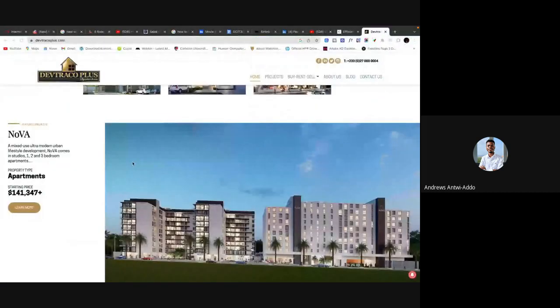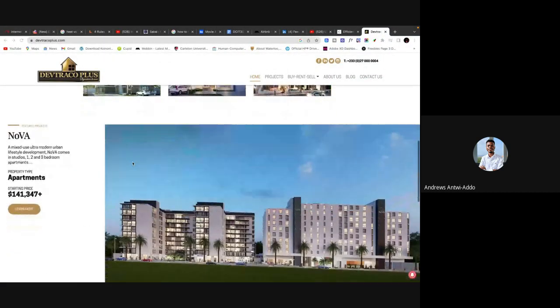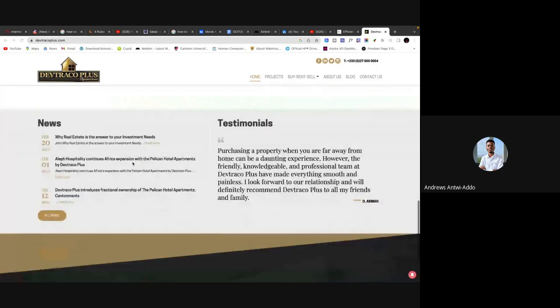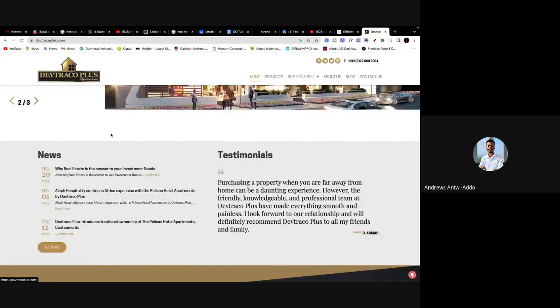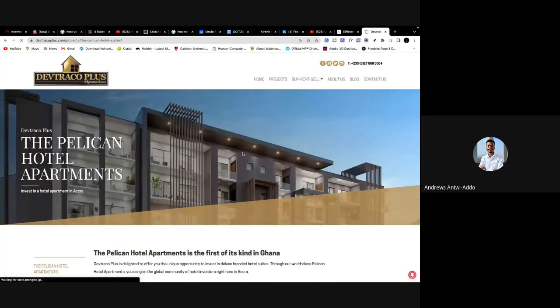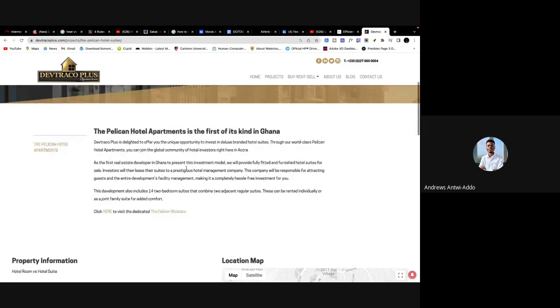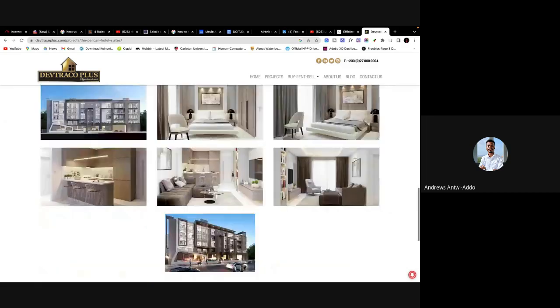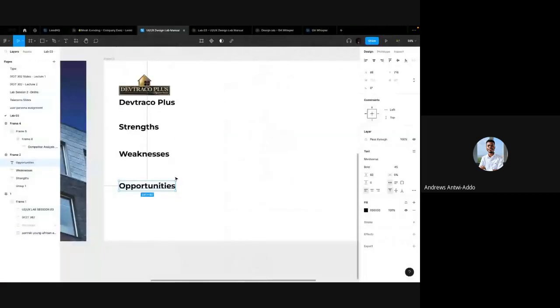yeah. So then you can also see that the layout of the entire website does not look appealing. So you can explore more. Go into details of what the website entails, try and explore all the sections, see what they did well, see what they didn't do well, and then you note them down. So for strengths,